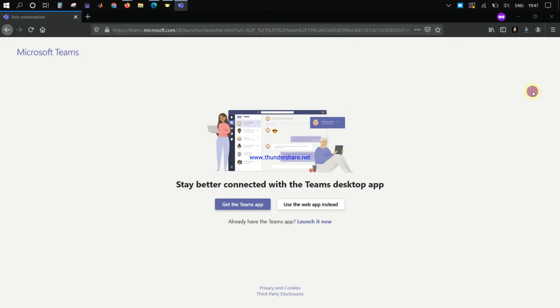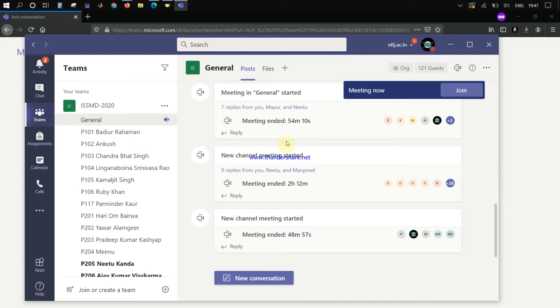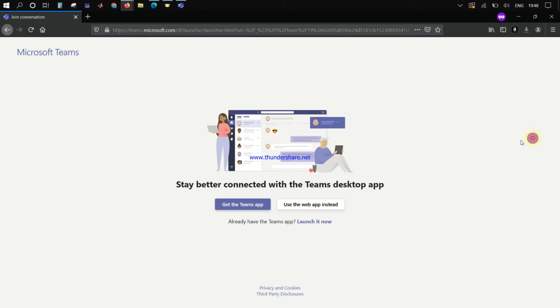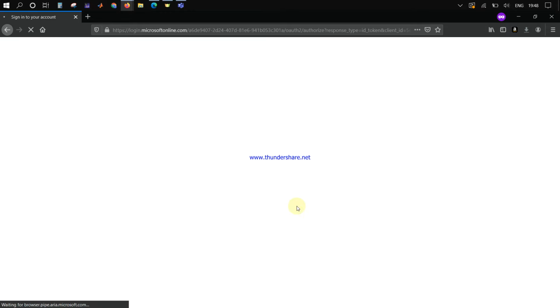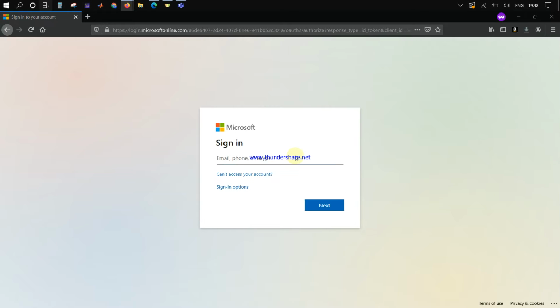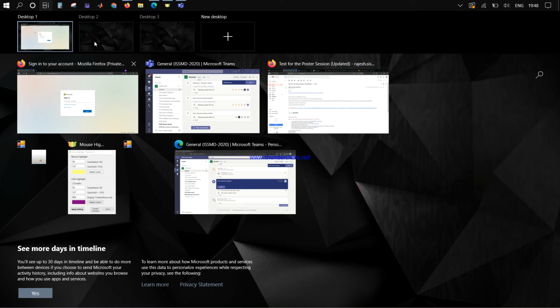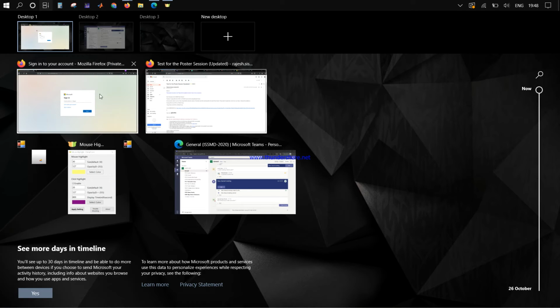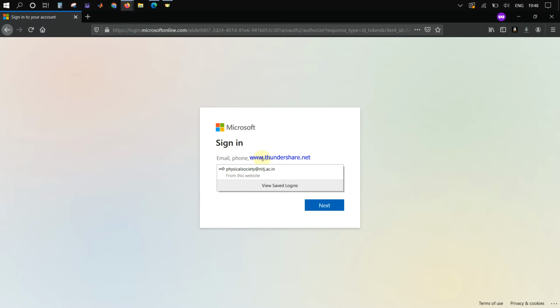I am already using Teams as an organizer in my Teams app, so I will use the web app instead. Okay, now this window will appear.